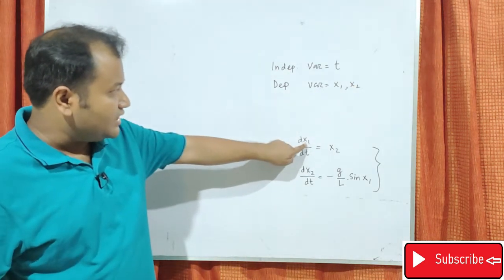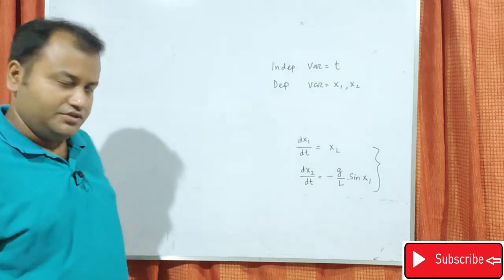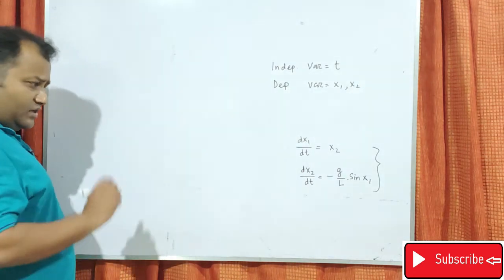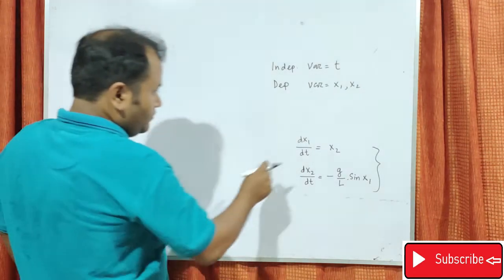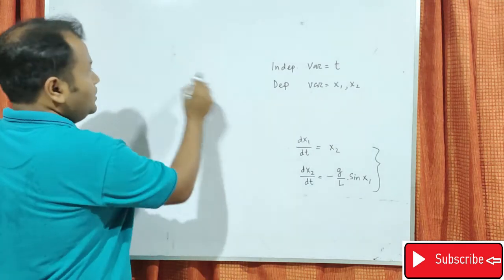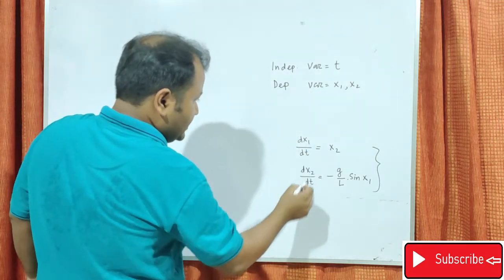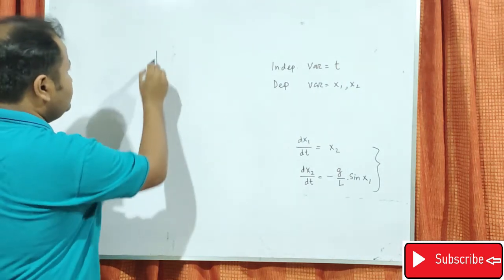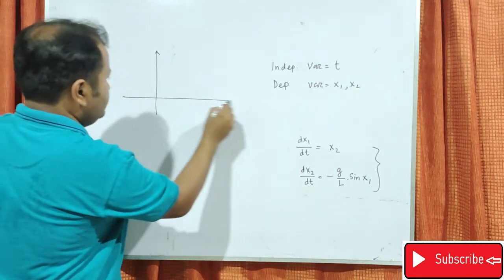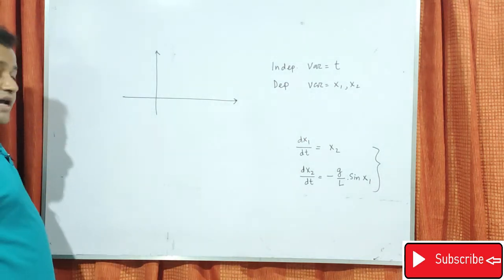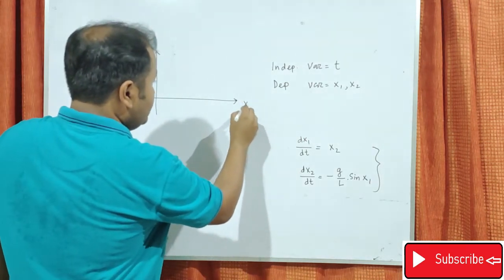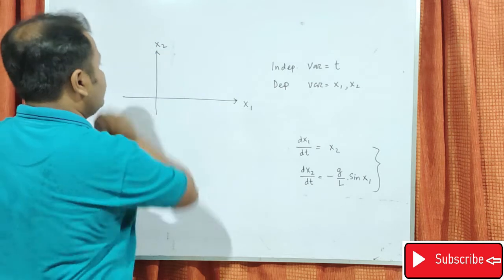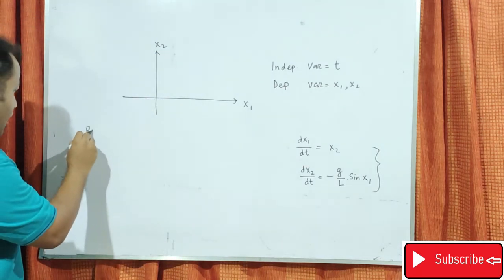Understand? Because the numerator is usually dependent and independent, this one. Now look into this one. What we can do, we can solve this x1 and x2 from here, and we can plot. Carefully you see. But how we can plot? We can plot x1 and x2 graph. So that is, we can plot